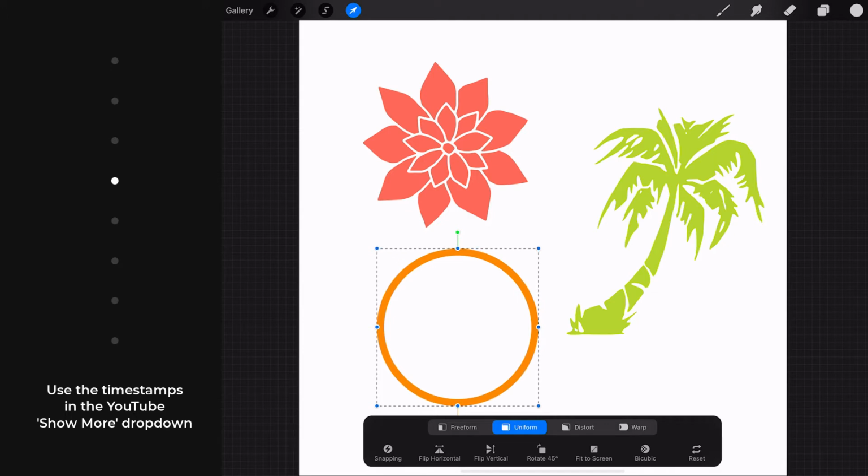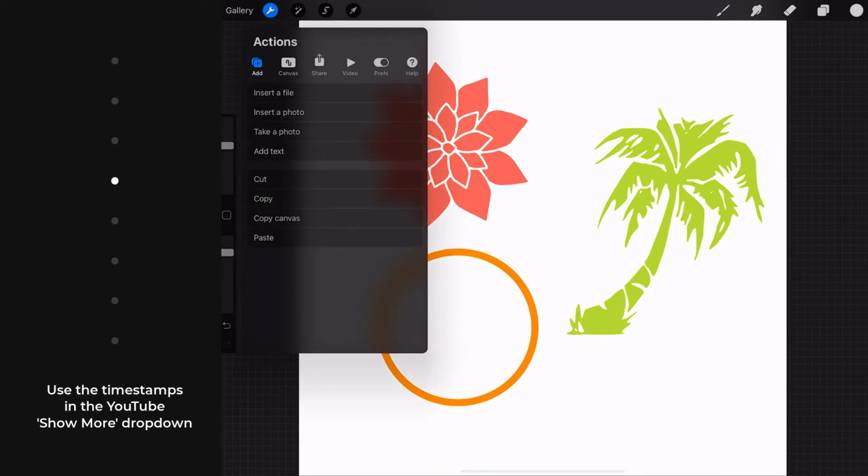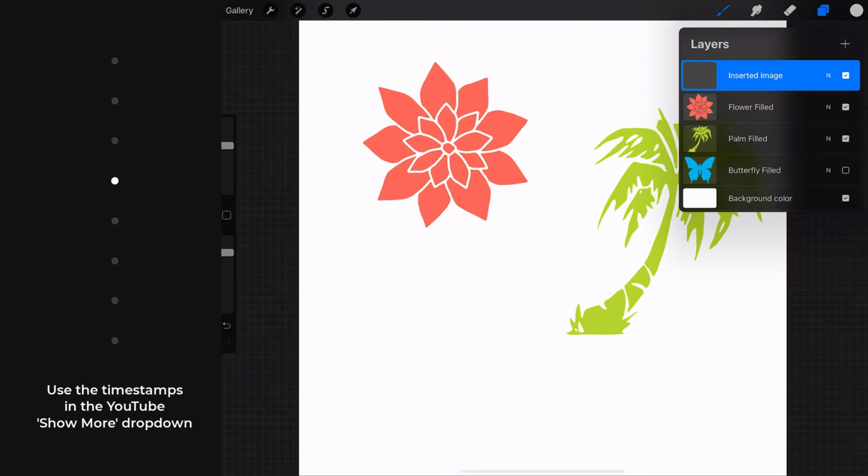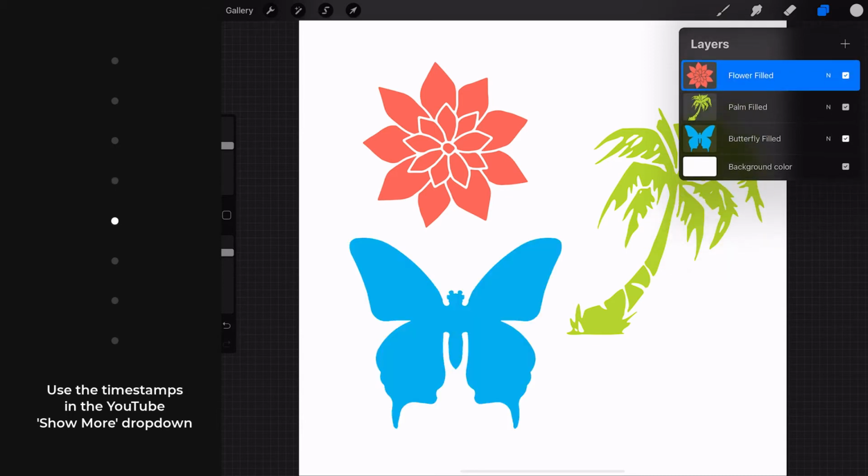To continue this demonstration, I'm going to lose the orange circle, and again I'll do so by going to the Actions again and selecting Cut. And that orange circle is gone, but when I tap the Layer palette open, you can see that that inserted image layer is still there. So these Cut commands do not affect the layer, they only affect the objects on the layer. So I'm going to left swipe and delete that layer, and bring the butterfly back into view, and bring up